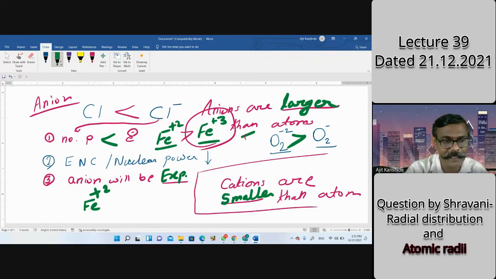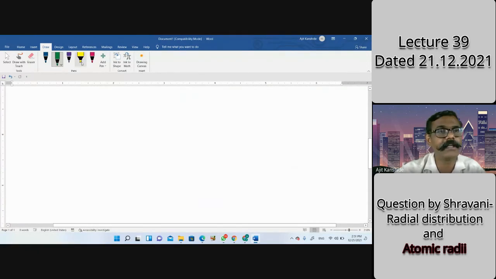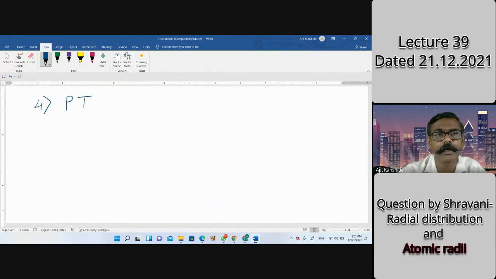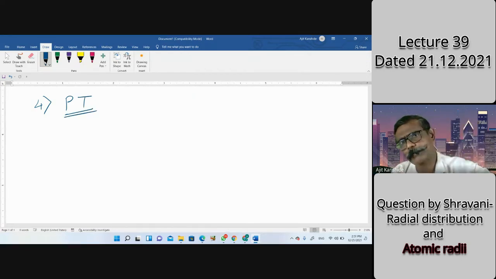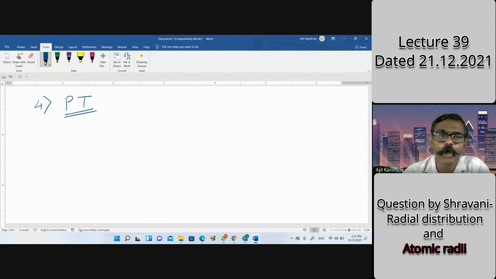Now, the fourth point, that is about the variation in the periodic table. I am discussing the variation of atomic or ionic radii in the periodic table. Both go in the same direction, therefore I am discussing them one time only. Atomic radii is one aspect or one point, and ionic radii is the other. If I talk about the